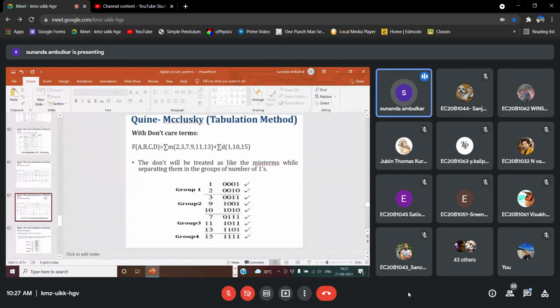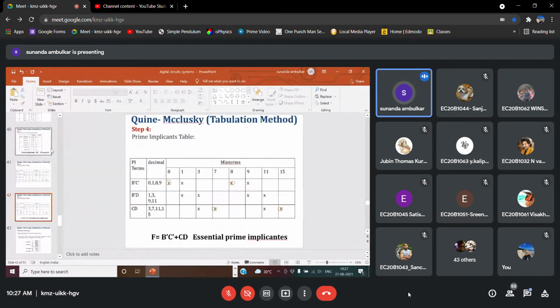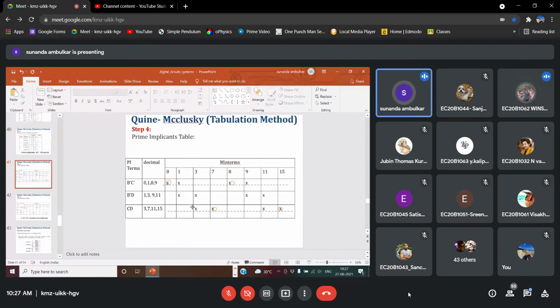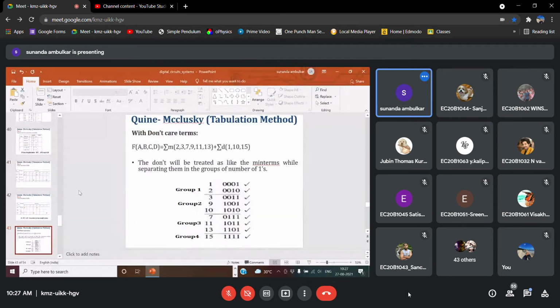Yes. You have to indicate in terms of the binary variables. How will you put a check mark if you don't know the change in only one bit position? Okay, so we have to represent in terms of the binary. This is very necessary. Yes, it is a very long process, but it is very efficient actually.